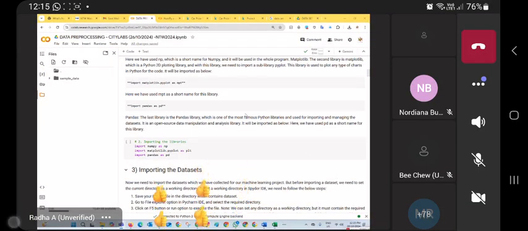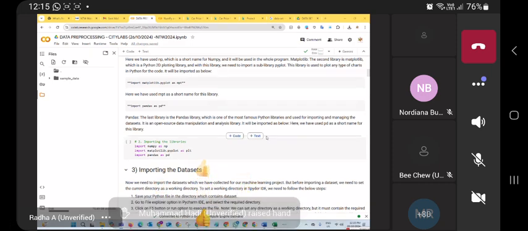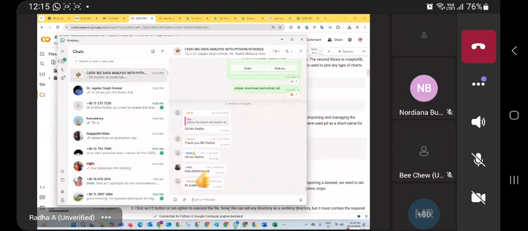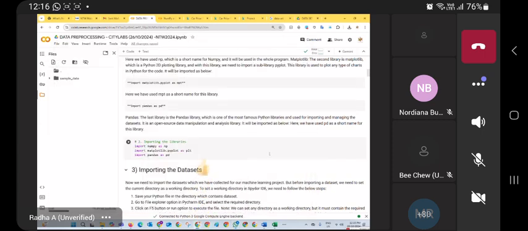Is everybody able to download that zip file which I shared in that chat box? Please download, and then extract. Okay. So now,